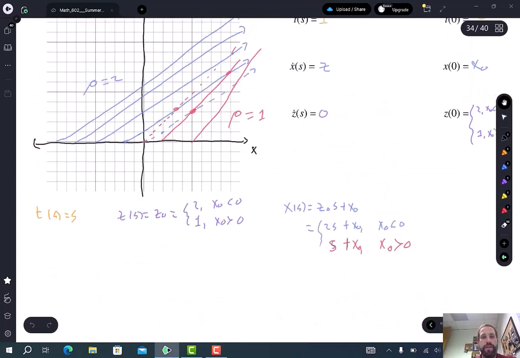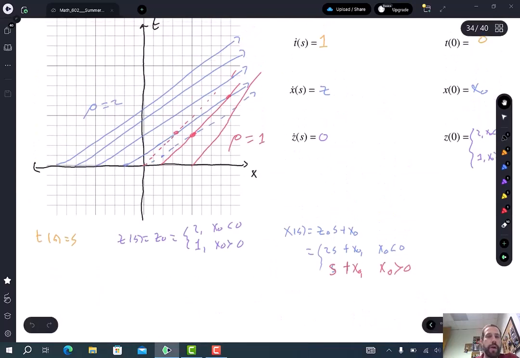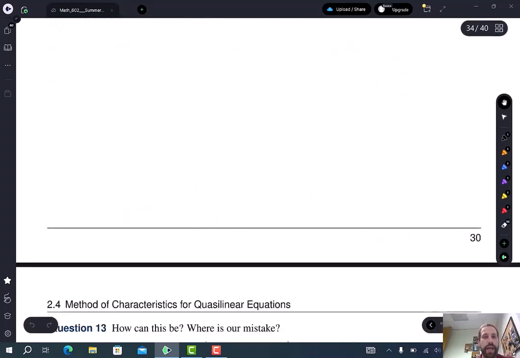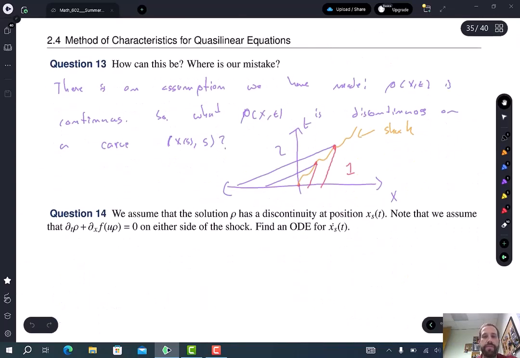are talking about this interesting situation here, where we have intersecting characteristics, and now we have to figure out what's going on. And what we decided was that our solution must have some discontinuity, where rho is a function of x and t. If there are intersecting characteristics, it must mean one of our underlying assumptions was wrong, in particular that rho is continuous. So we're going to assume that there's this curve of discontinuity that rho has in the xt plane,